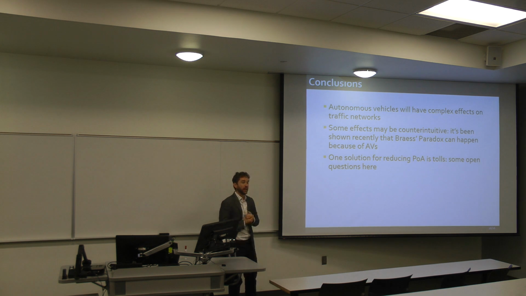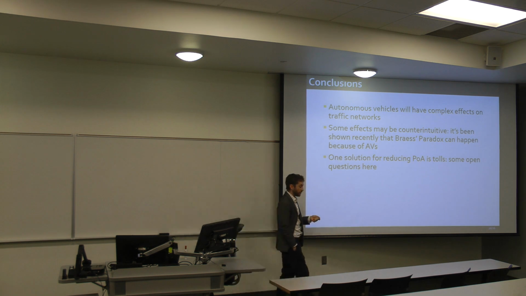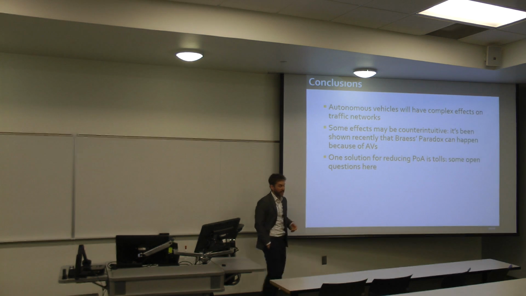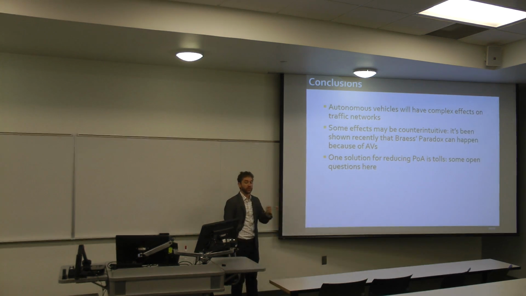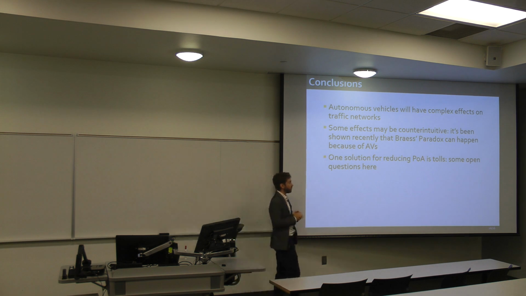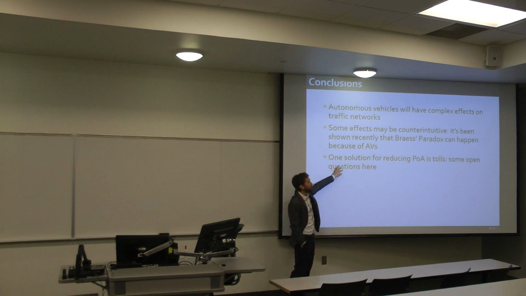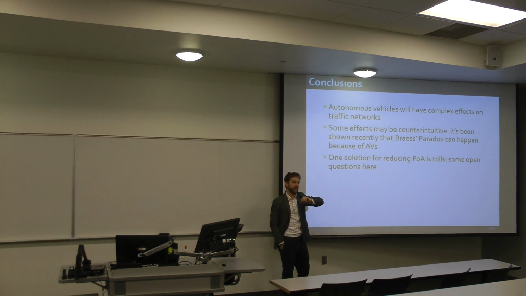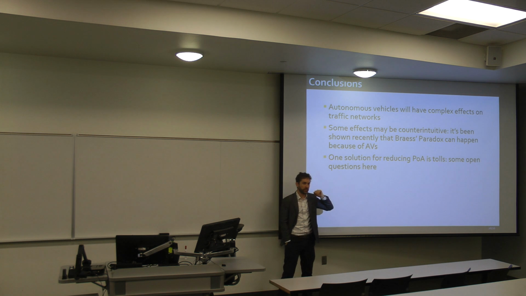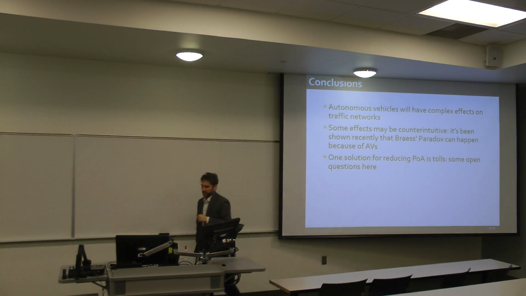Perhaps you should charge autonomous vehicles or regular vehicles, depending on how you set up the problem, to use certain roads versus others. And maybe by tolling these vehicles, you can actually improve the system performance from this game theoretic perspective. There are some answered questions here, particularly in the case when every link in the network has the same asymmetry of delay, but there's lots of open questions in this world as well. So if you're looking for some fun problems to think about,